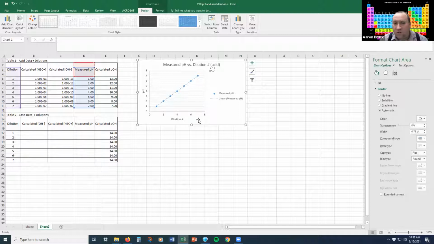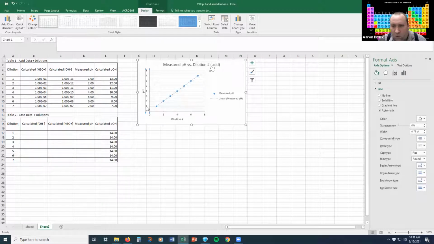Now, you will need to do this graph a second time with a logarithmic scale. So you need 2 graphs in total for the acid. Now, the way to turn it into a logarithmic scale is really simple, actually. So this is your normal one. So this is one of your graphs. You'll need a second graph with a logarithmic scale. All you need to do